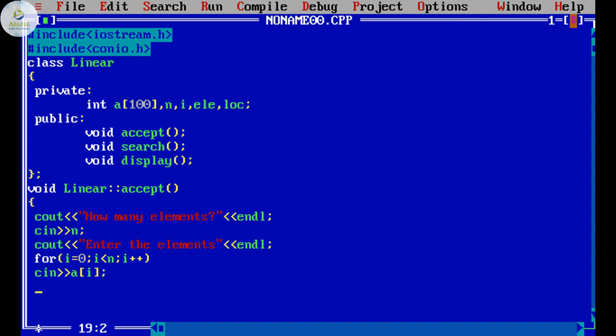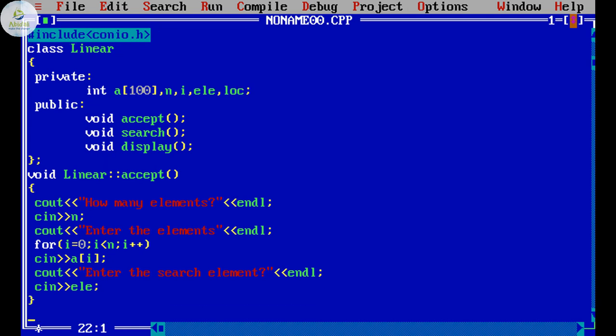After you have read the elements, you have to ask the user to enter the search element, that means the element you are searching for. It will be stored under a variable called ELE. So this is all for the accept.